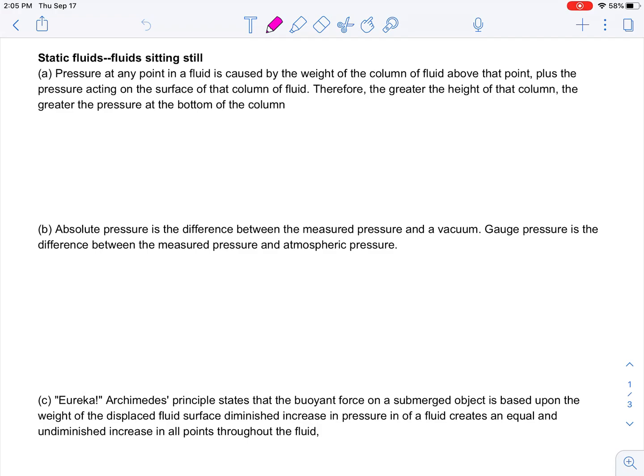Static fluids are fluids that are sitting still. Pressure at any point in a fluid is caused by the weight of the column of fluid above that point plus the pressure acting on the surface of that column of fluid. This formula